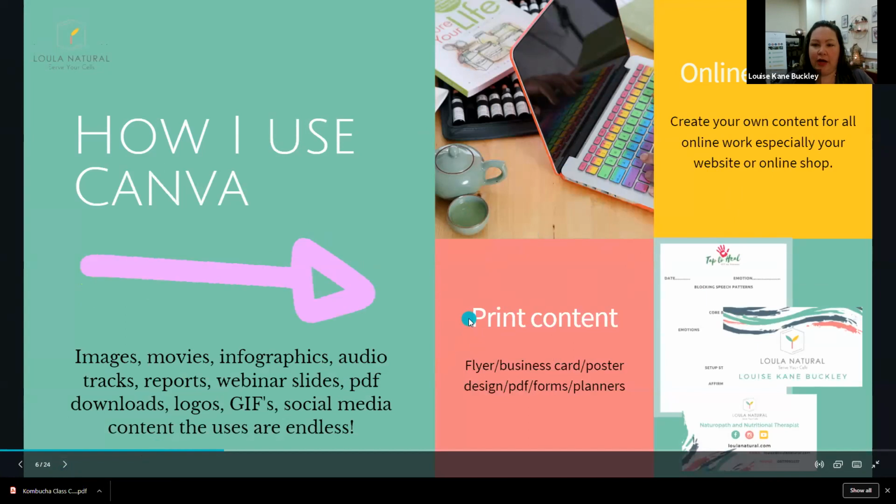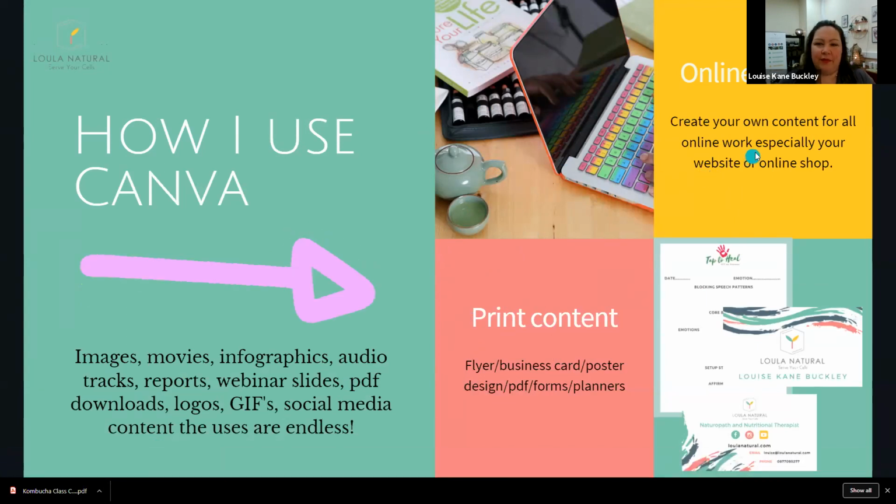So this is how I use it. Okay, so these are some of the ways. There are way more ways that you can use it. I use it for all my online content. So for example, I'm going through my trading online voucher at the moment, rehashing my website, actually getting someone else to do it for me this time, which is a new experience for me. However, I am still doing all of the visuals and all of the images and all of the videos that I want on my website, which is great. I'm getting someone else to manipulate what's in my head on the screen, but I've still got control over what people see. So I use Canva with my own images and with their stock images